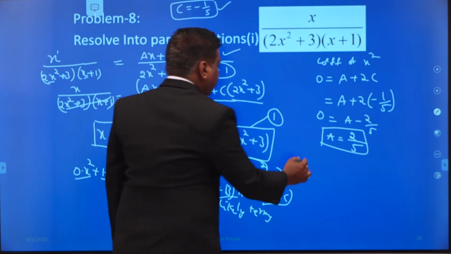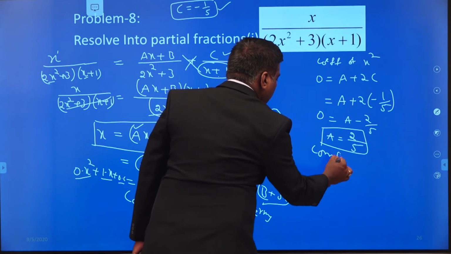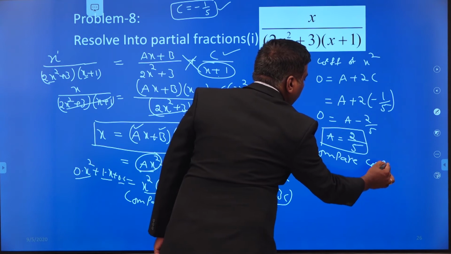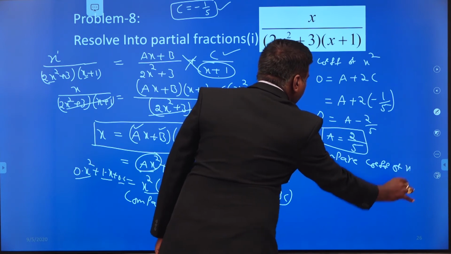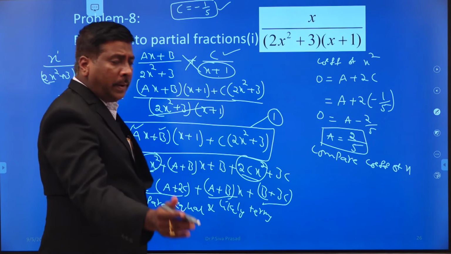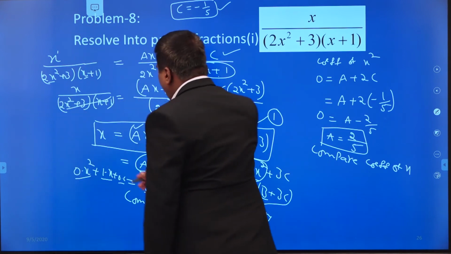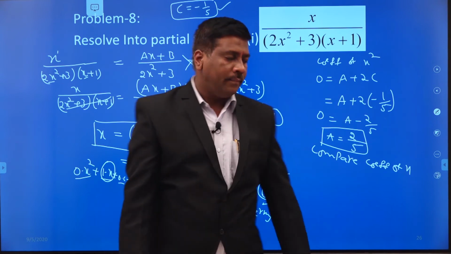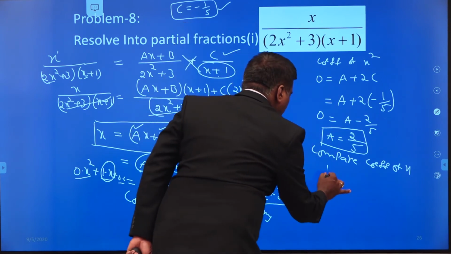Now compare the x coefficients. Compare the coefficient of x. Now you tell me what is the coefficient of x in the left hand side? So that is 1 into x is there. Therefore we have to take 1 only. 1 is equal to